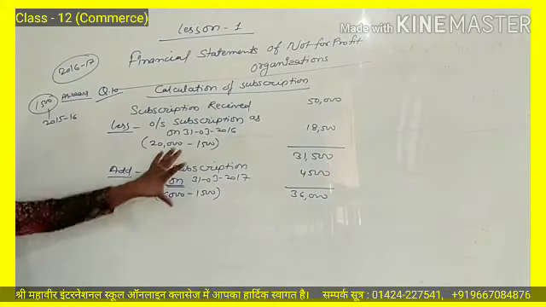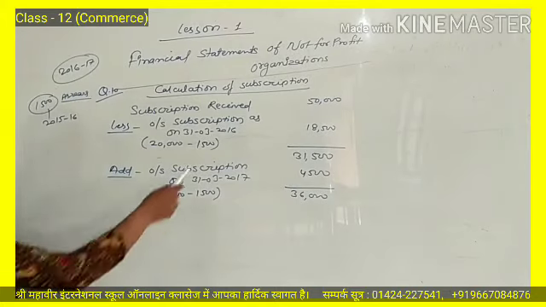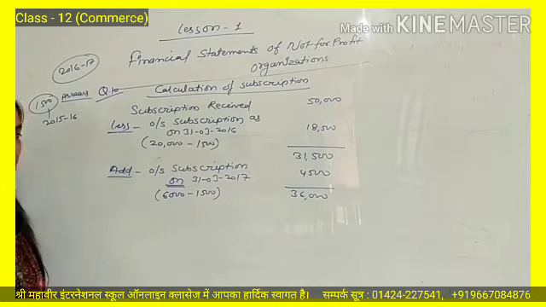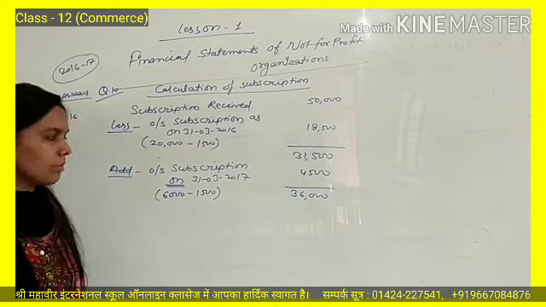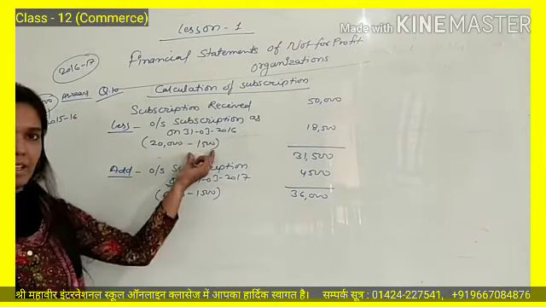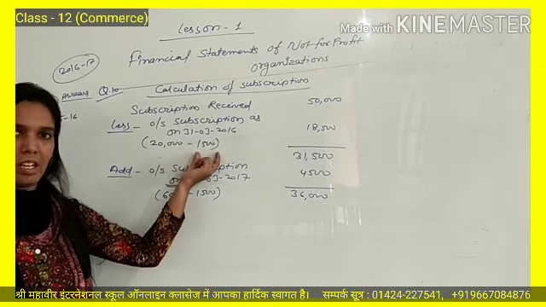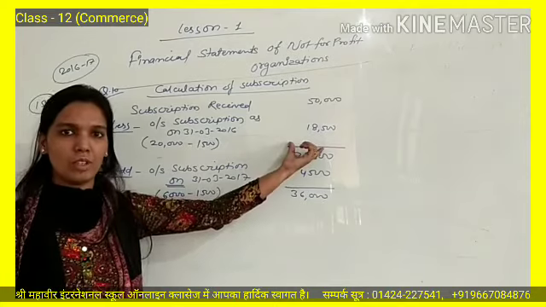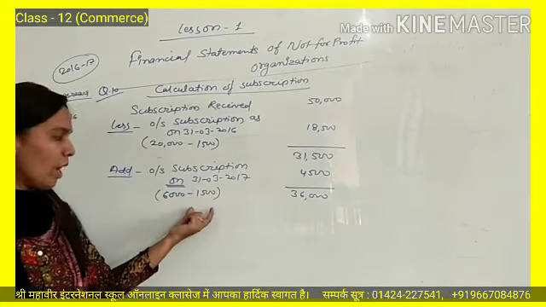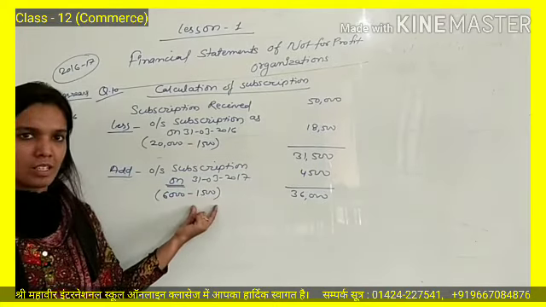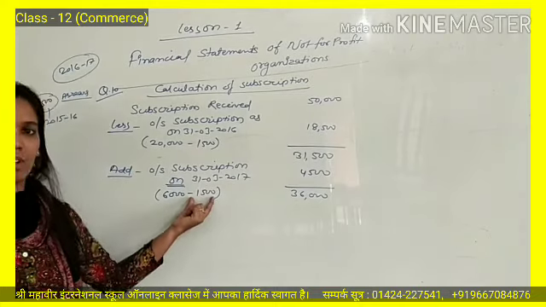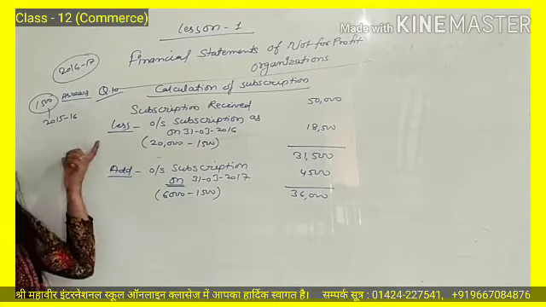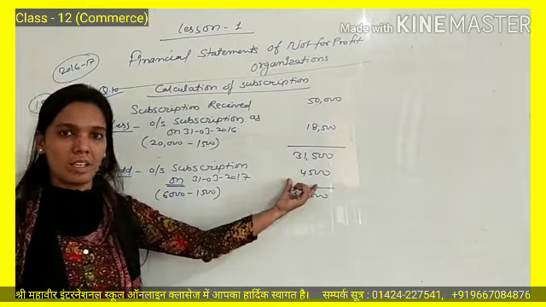What is the different point in this question? This 1500 amount will be deducted from both the points. Why are we deducting here? Because this is still in arrear, or we are deducting here from what we actually received during the year. Why are we deducting this amount from the current year subscription? Because this is not related to the current year. This is related to last year, and we are adding here only current year subscription.